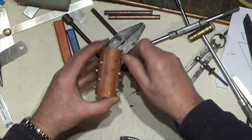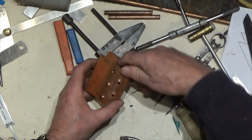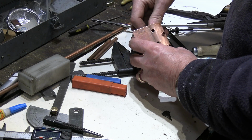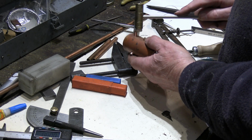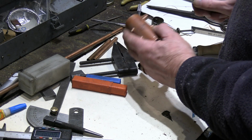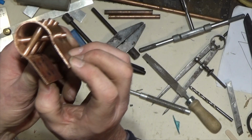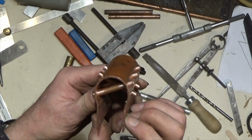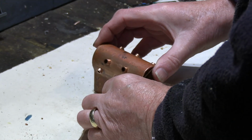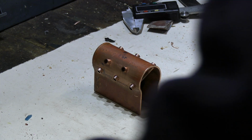The last of the cross tubes going into position. Just got them an approximate length at the moment. Just gently tap that one in. You can see the cross tubes there. Get that right. But before I go racing off to silver solder this, the other thing I decided to make